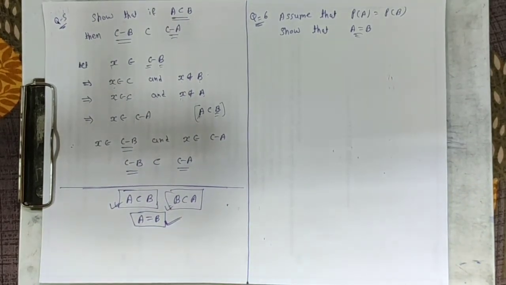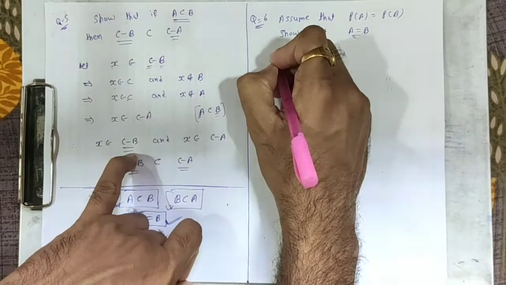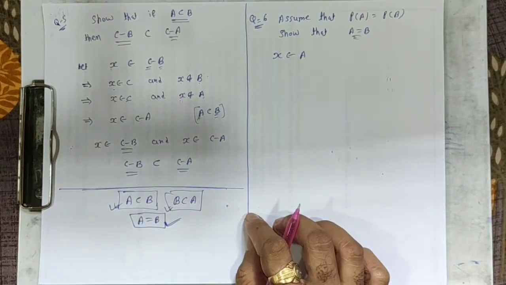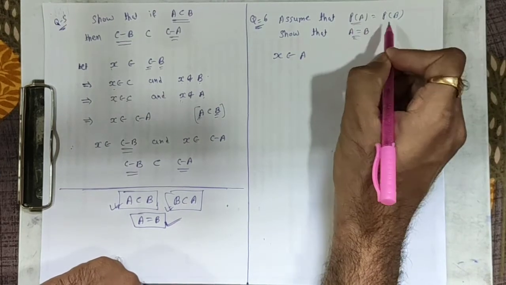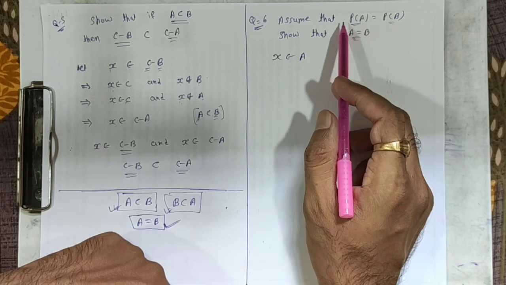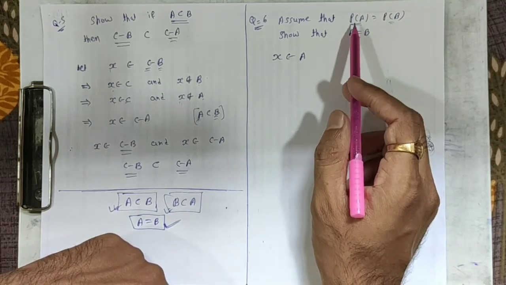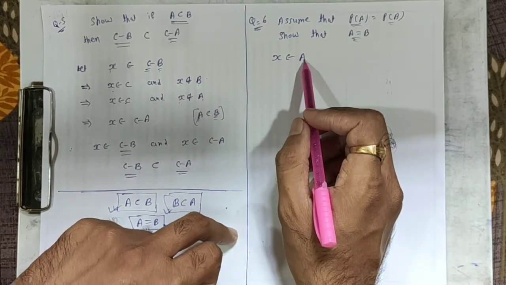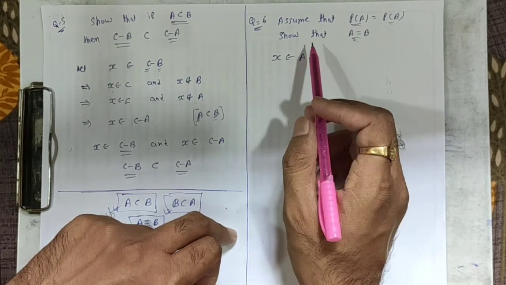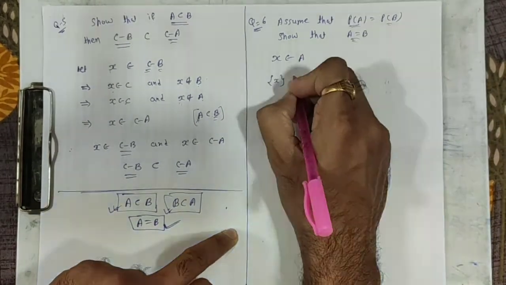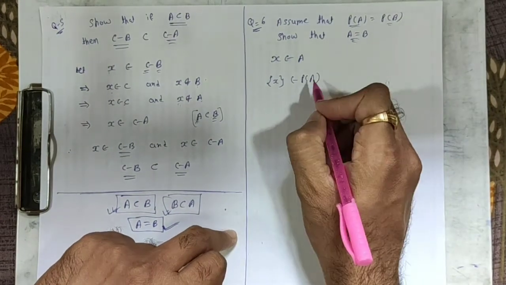So let's start with the element x. So element x belongs to set A. x is one element and A is one set. Now here we are given that the power set of A is equal to the power set of B. What is a power set? A power set is the set of all possible subsets of set A. Set A has one element x, so if we consider the power set of A, the set {x} will be there in the power set of A. Clear? You have to understand this.